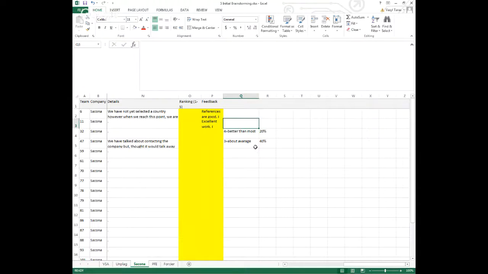Some will be excellent. So some will be way, way better than most. And so that's your 5. You'll probably have only about 10% of the companies in that category. And the same goes for 2 and 1. So your 2 is worse than most, right? So it's not bad, but it's kind of weaker than most. And so that's, again, about 20% that will fall into this category. And then finally 1, that's very, very weak, much weaker than most. And so this will be roughly 10% here.